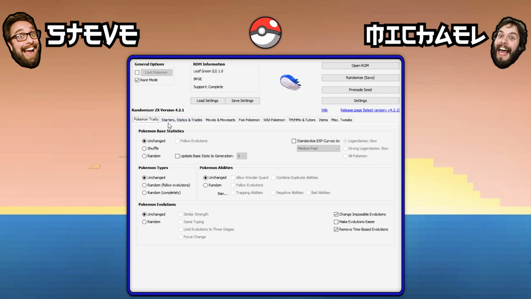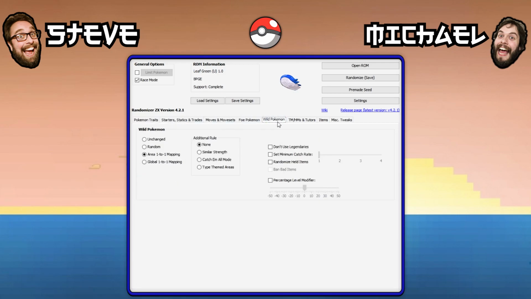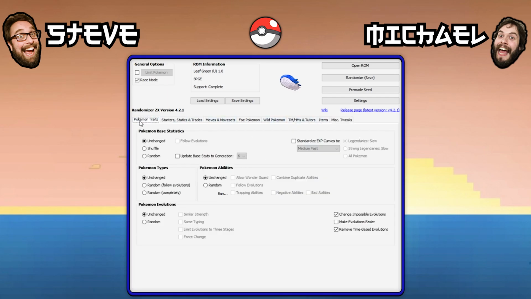What does randomise mean? Well, we're going to go through all of this. You can see all of these on the screen. We're going to be changing the Pokemon that appear, and the Pokemon that people have, the ones that we can catch. And the idea is we're going to be trying to defeat the final adversary in as quick a time as